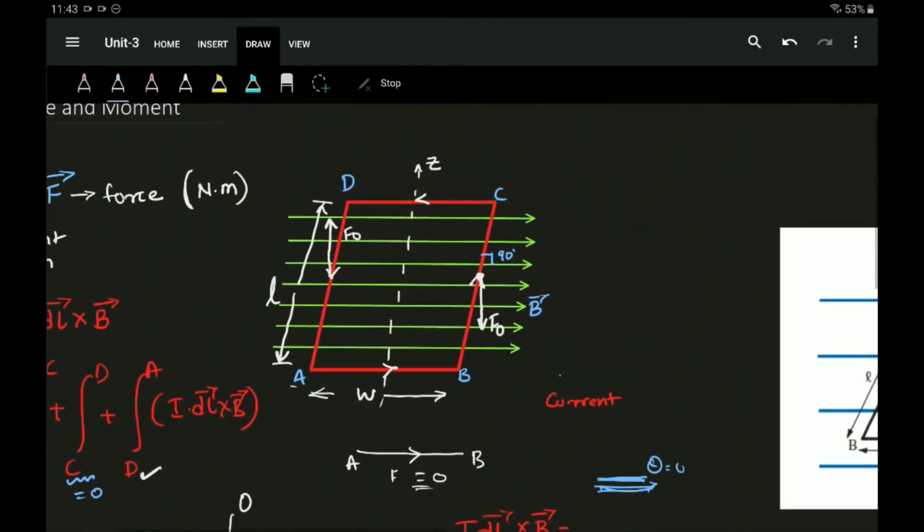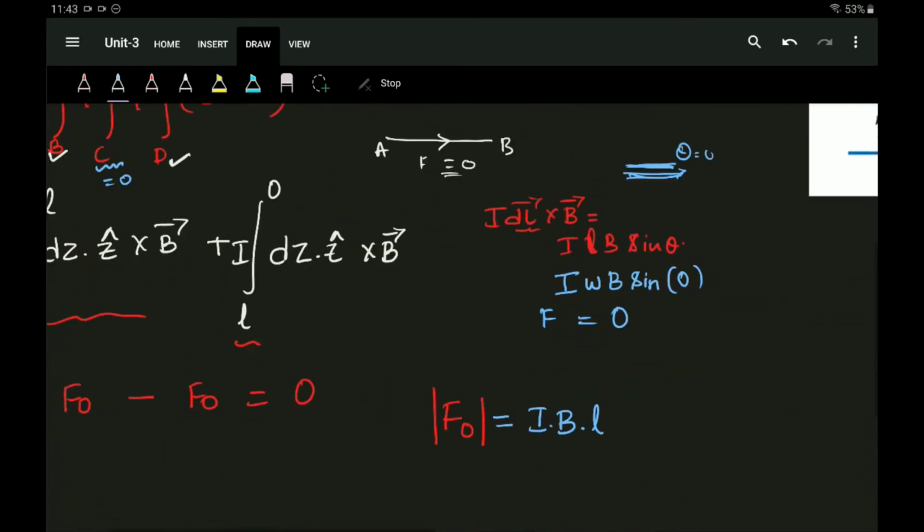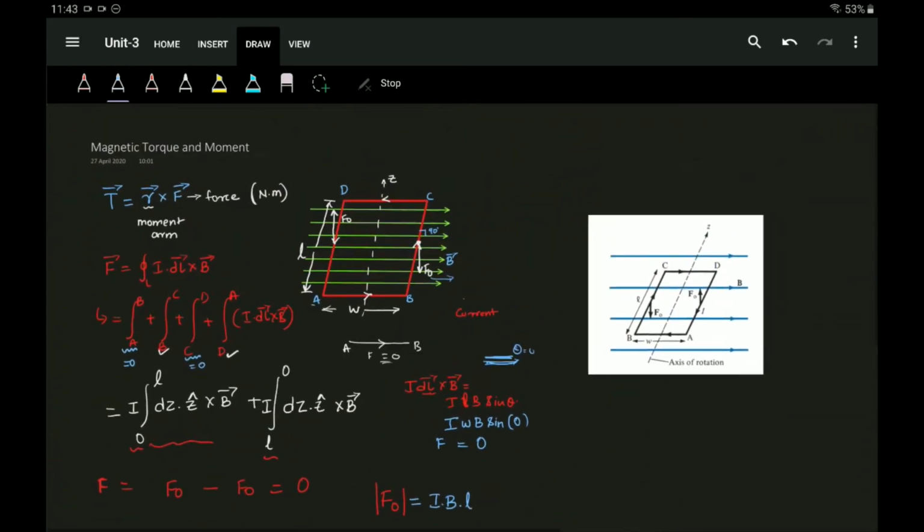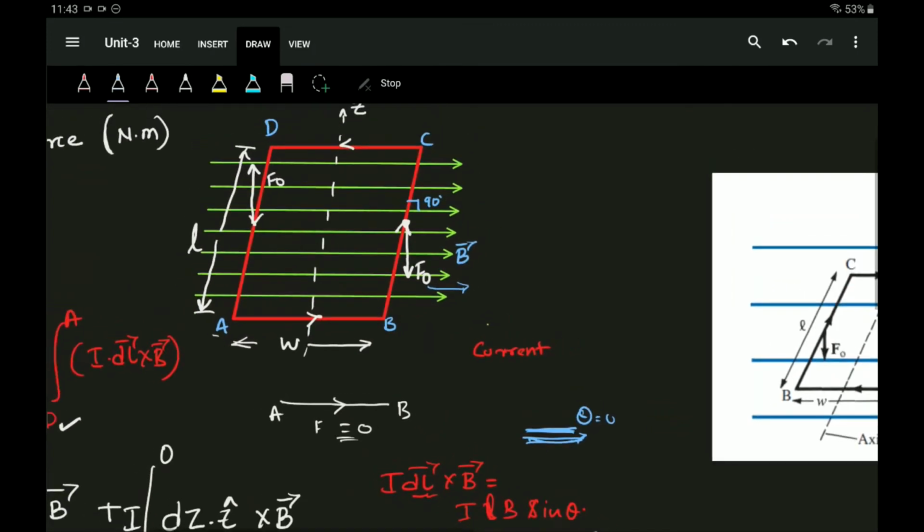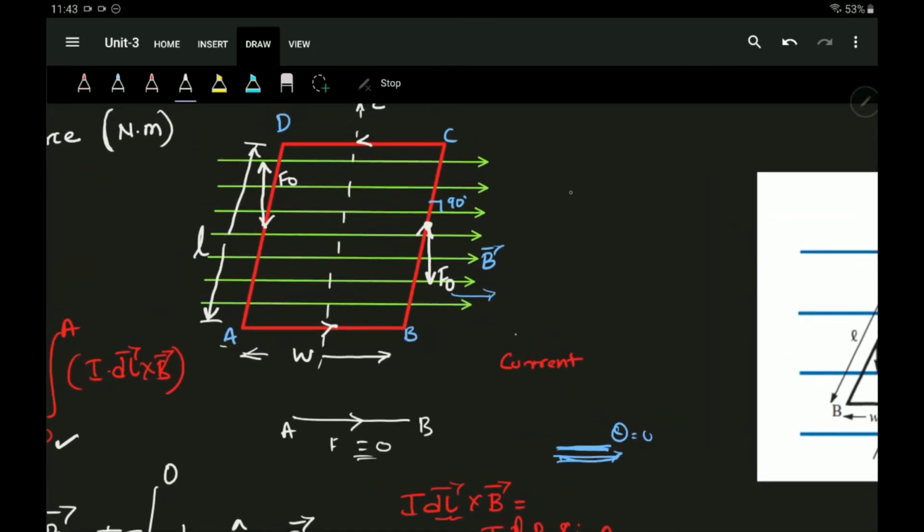So if I say here it will be a positive force and here it might be a negative force. So you can think of F naught acting at the right end and minus F naught acting at the left end of that particular closed conductor. Hence they act as a couple and the whole thing vanishes. But if I want to show this particular diagram, you can think of this as my magnetic field lines B, and this is how I have placed the current element, right? So they are on the same plane.